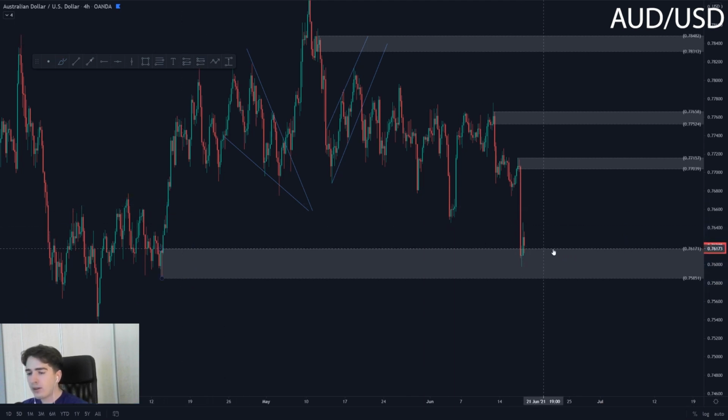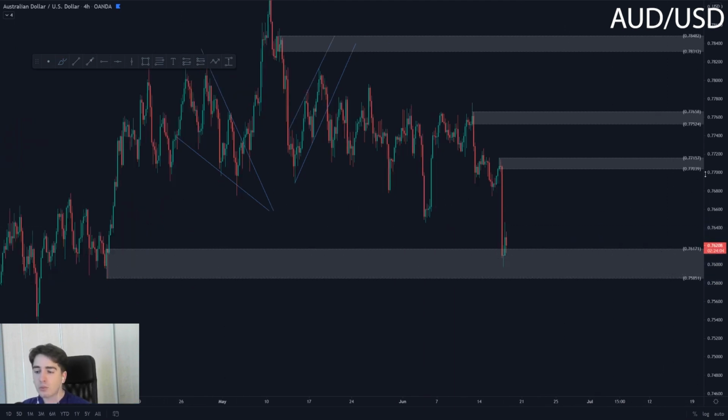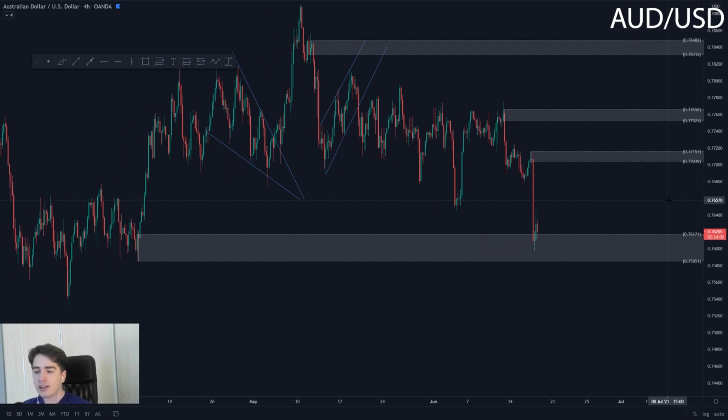So therefore, sounds kind of boring, but we're just going to have to wait for the market to cool down and for new price patterns to form on Aussie dollar. All you guys should know is that I am currently waiting to see Aussie dollar maybe pull back a little higher, or at least just form some sort of a reversal pattern, which will tell me we're going to go higher.